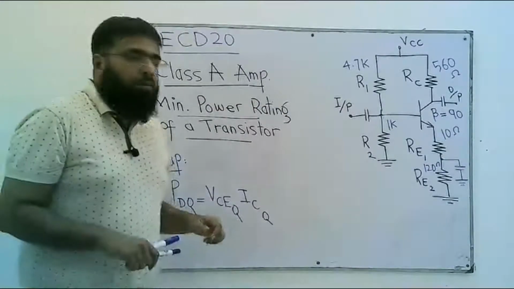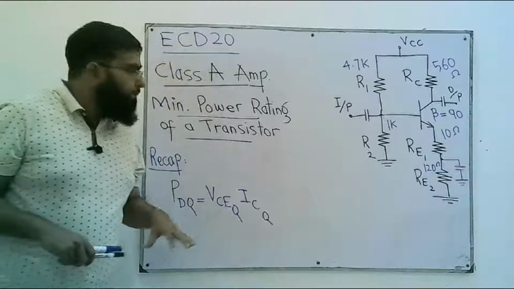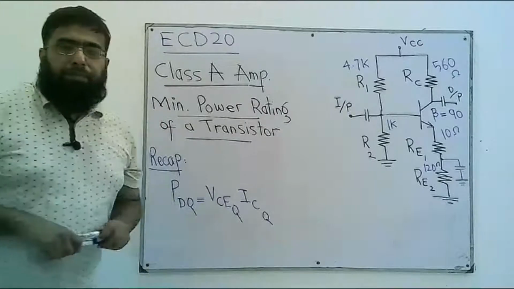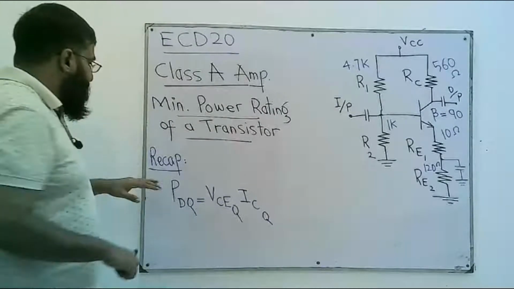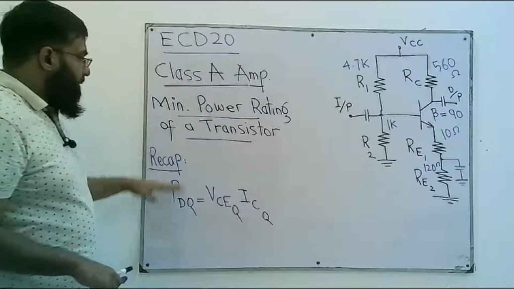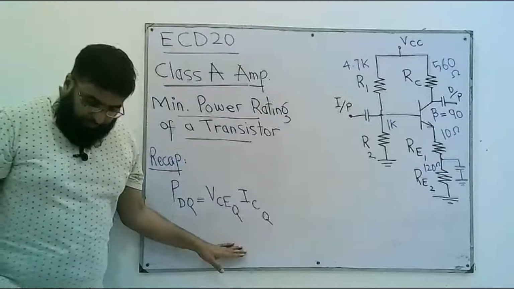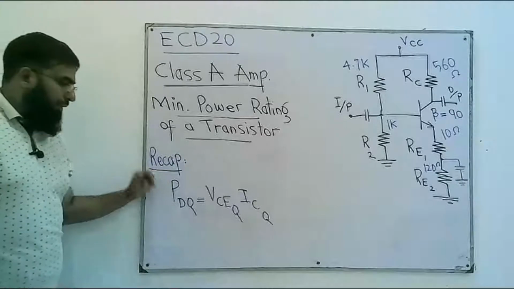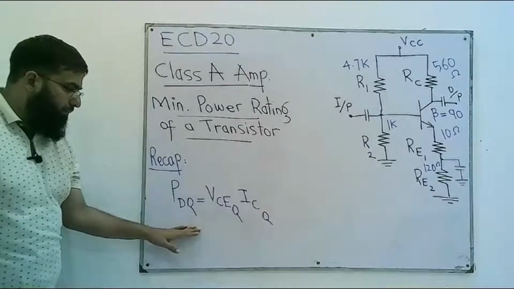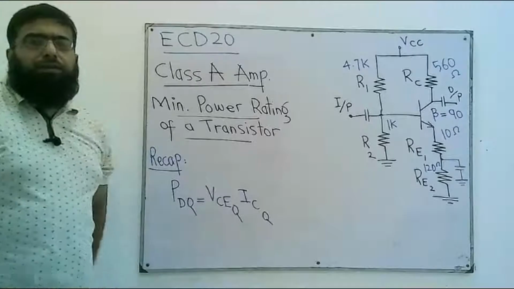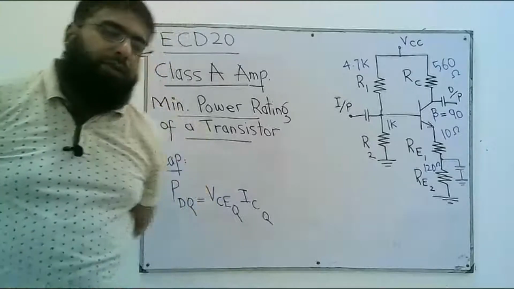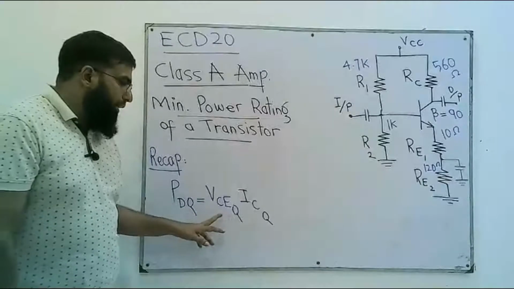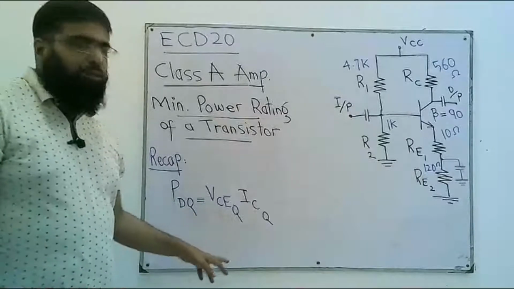Right. Welcome to the 20th lecture. We are studying Class A amplifier, and in this lecture, we will study minimum power rating of a Class A amplifier. For a Class A amplifier, the minimum rating of the transistor that we'll use as an amplifier, we studied that in one of our previous lectures, and that is PDQ, the minimum power rating of the transistor that we are using as an amplifier is VCEQ, the Q point collector to emitter voltage, the DC voltage,